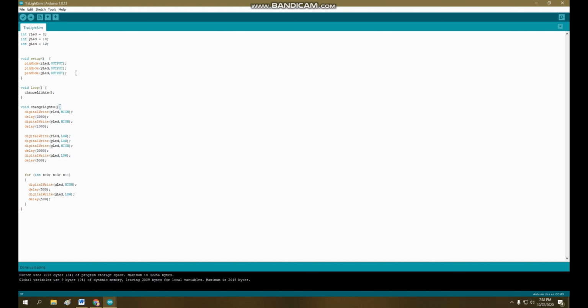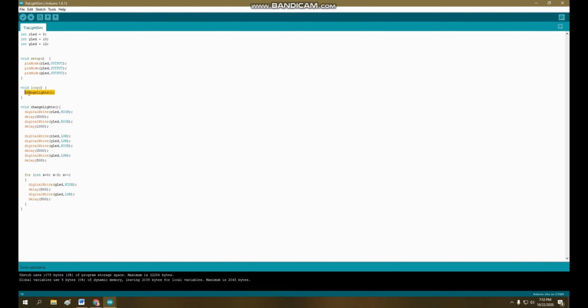So in the traffic light, I initialize the 3 LEDs, which are the red, yellow, and green, with their corresponding pins to the Arduino according to the instruction: 8, 10, 12. Setup will run once only. It is to initialize that they are outputs. Next is the void loop. This is where your code will repeat until the desired output is achieved.